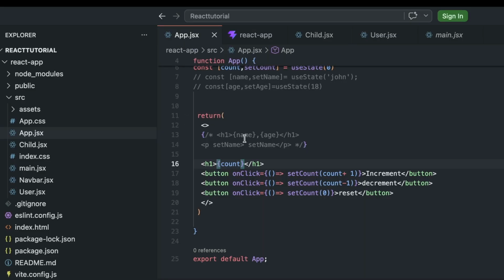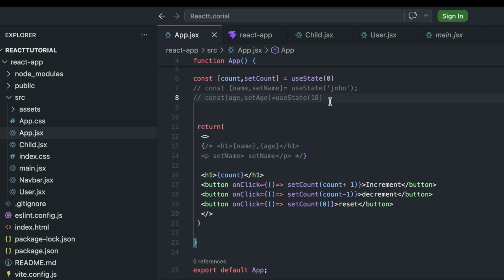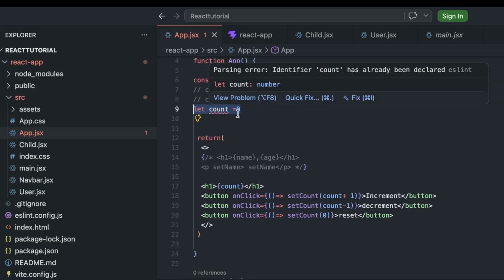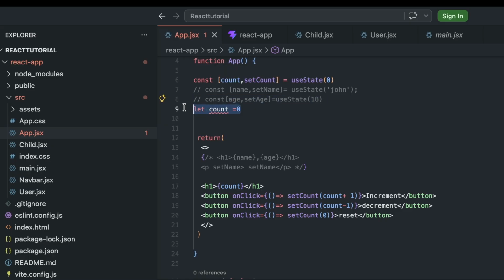Sometimes we write code like this in a function: let count = 0. This is the wrong approach in React. This will not update the UI dynamically. It makes the UI static, so we use state code like this instead.